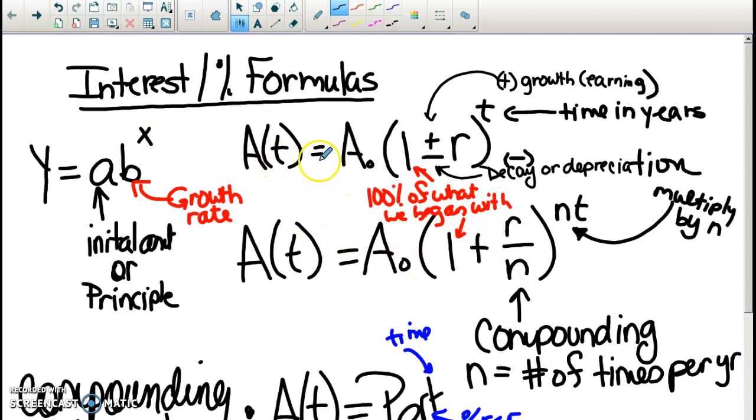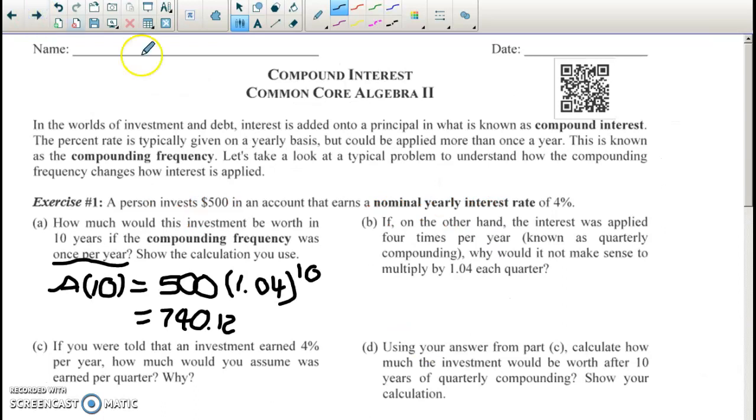I am actually going to do here where I would say my amount over time and now I am going to have my $500 and then I would use the 1 plus the 4%